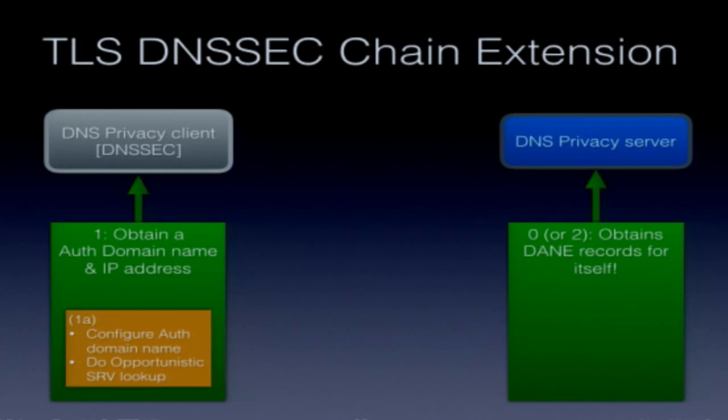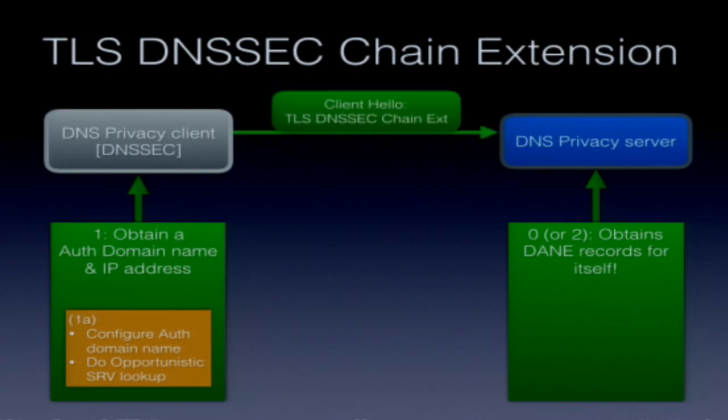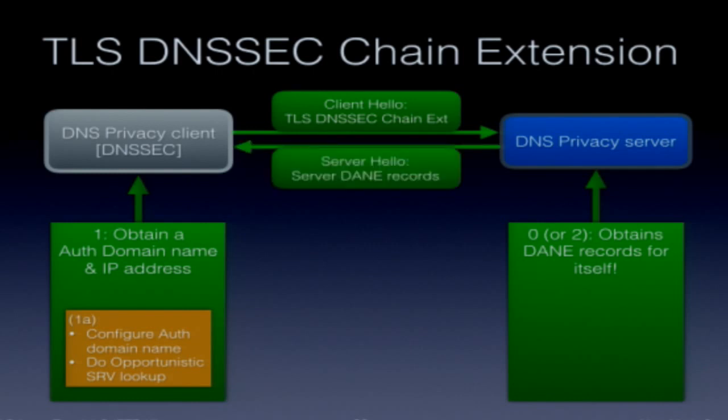In this case, once that server has the records, the client can then, in the client hello, indicate that it supports this new extension, the TLS DNSSEC extension. So, hey server, I know all about this new extension. Do you? Yes, I do. Here, have my DANE records in the server hello, along with my credentials. Have at them. The client goes, fine, lovely. Okay, first up, I'm going to validate your DANE records with DNSSEC, because I'm a validating client, I can do that. Next up, I validate your credentials against them, and off we go, DNS resolution begins.